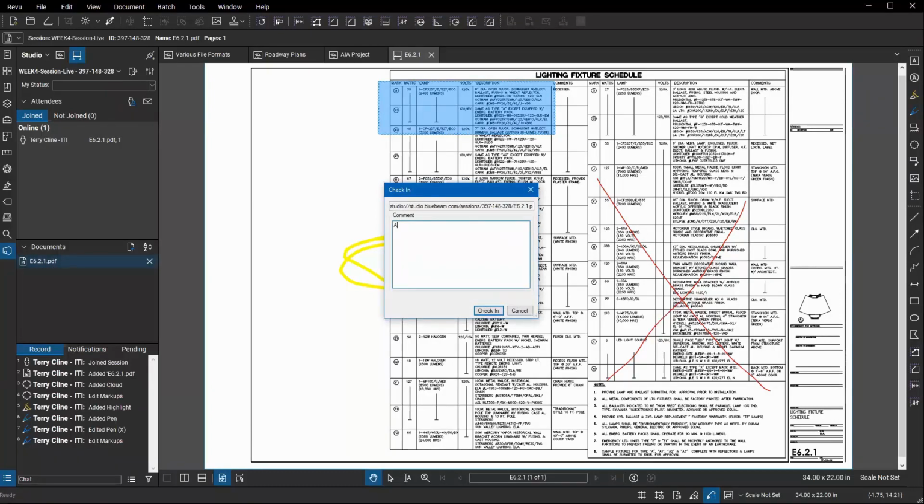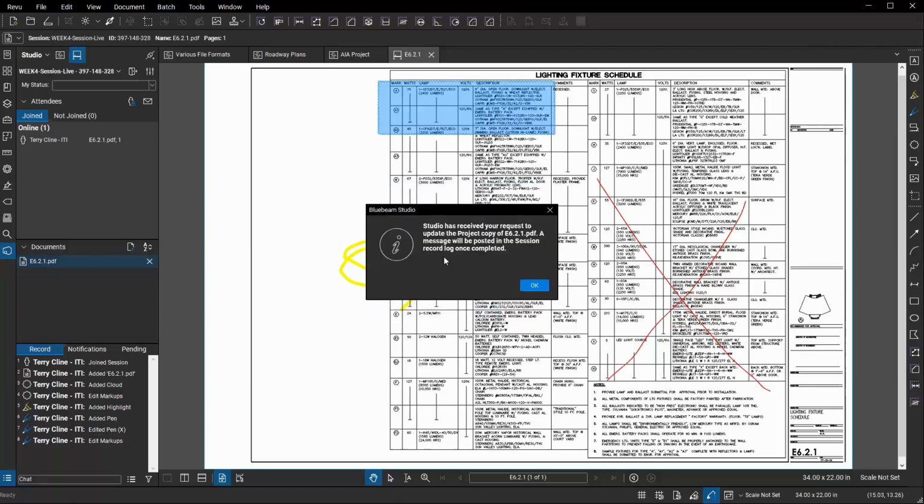I'm going to say, added blue cloud, highlight, and red X, saving our progress, something along those lines, and I'm going to check it in. Right? It says, we've received your request to leave this file in a session, but to update the copy that's